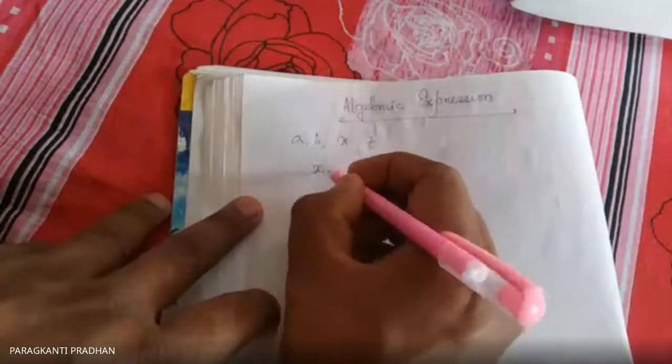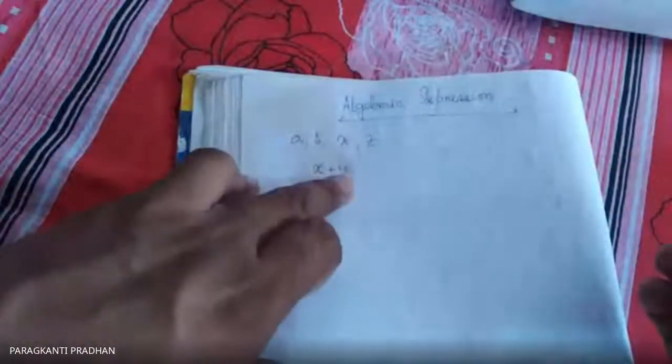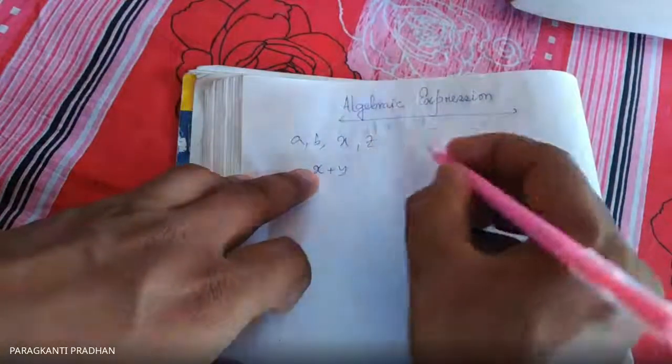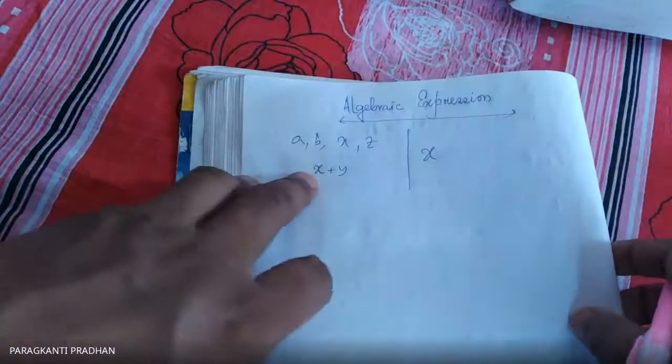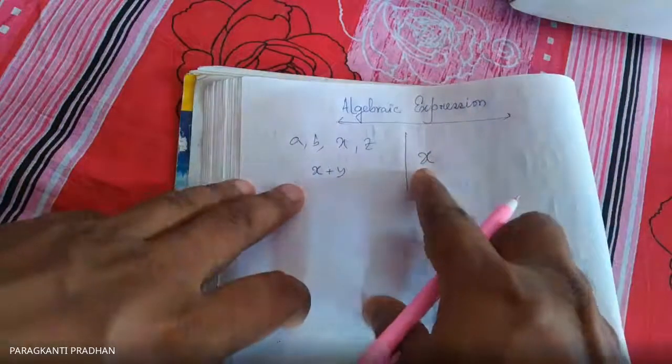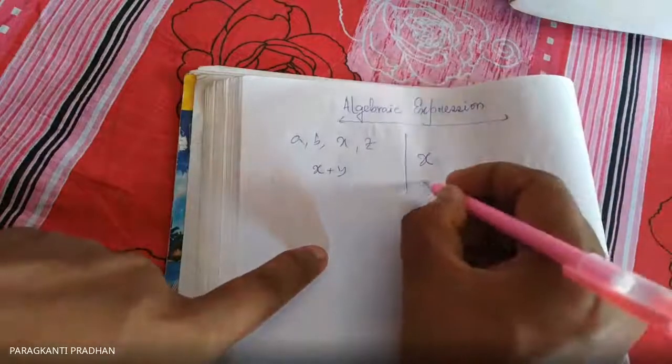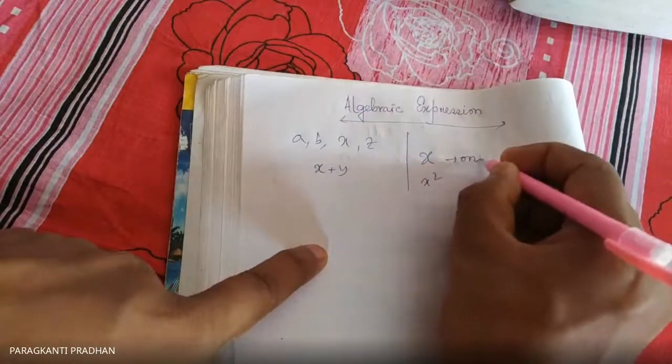Suppose I have written x plus y. This is two terms, x and y. Two terms are there, so this is a binomial with two variables. If I write only x, this is one variable, x. If I write x square, this is one variable